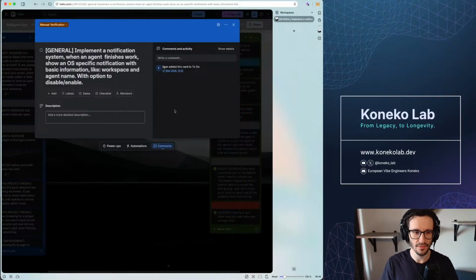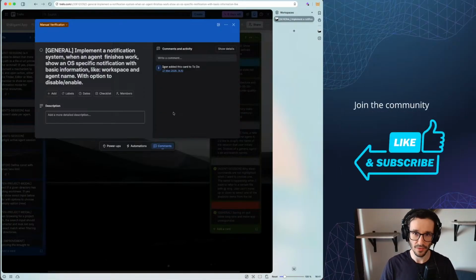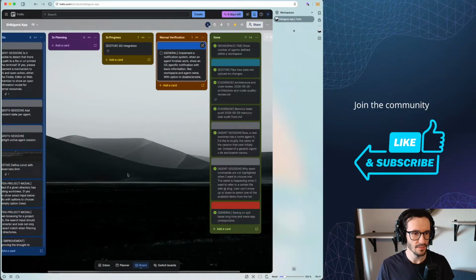Once you click on the notification, it will take you directly to the workspace and to the agent that reported that the job is done. So that is manual verification.